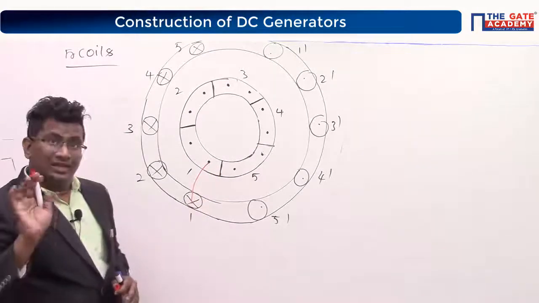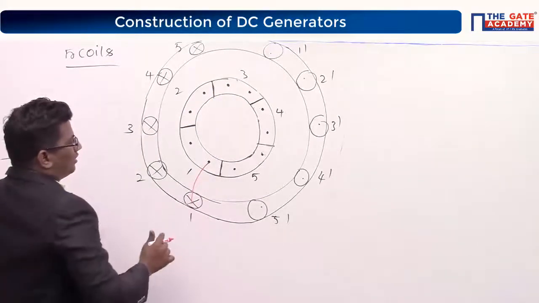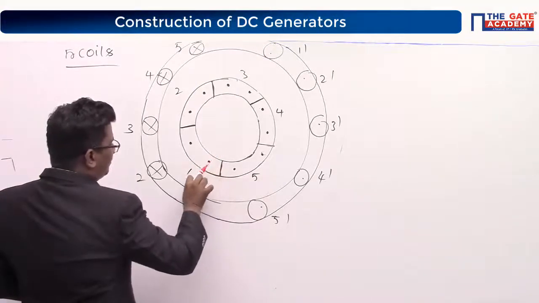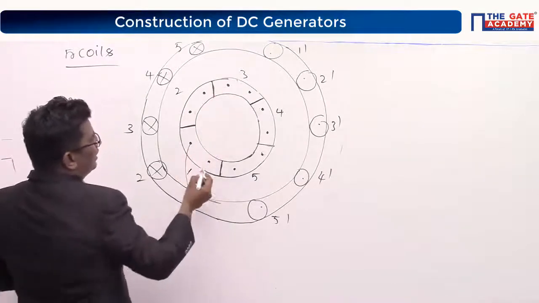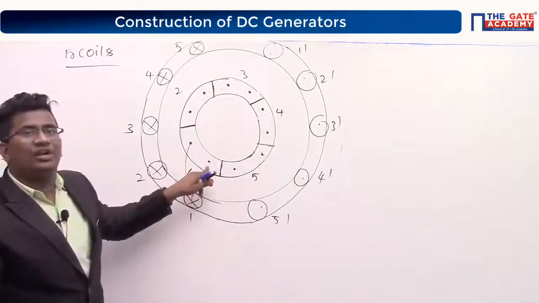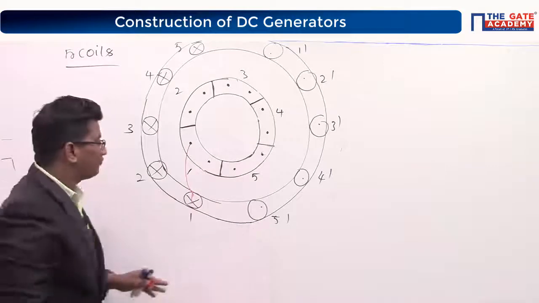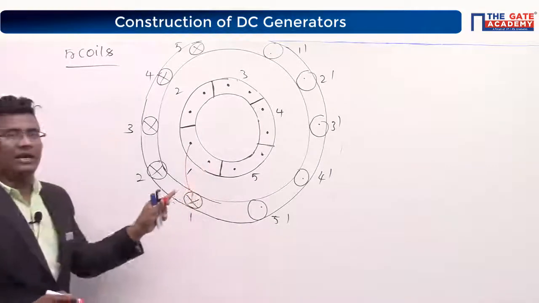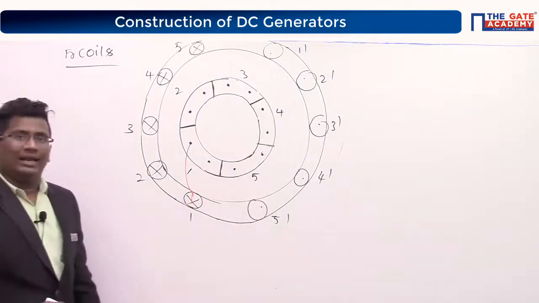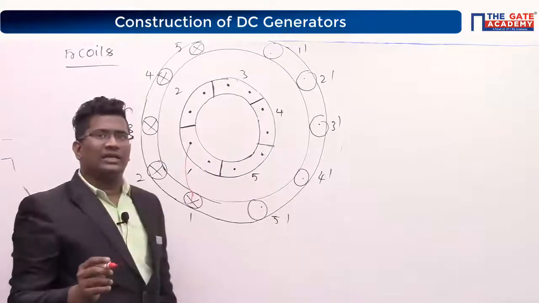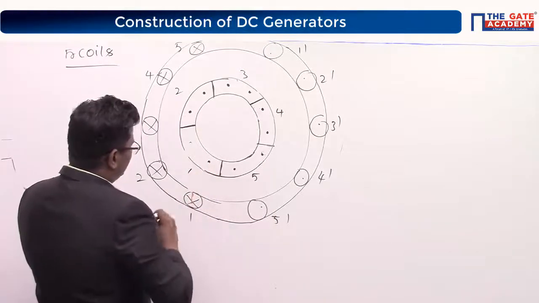Then, where should your 1 dash be connected? It is better you take from here. The next connection of your segment is nothing but this conductor leaving part only. The next connection of your conductor is nothing but the leaving part only. I hope you understand what I said. Are you clear about this?